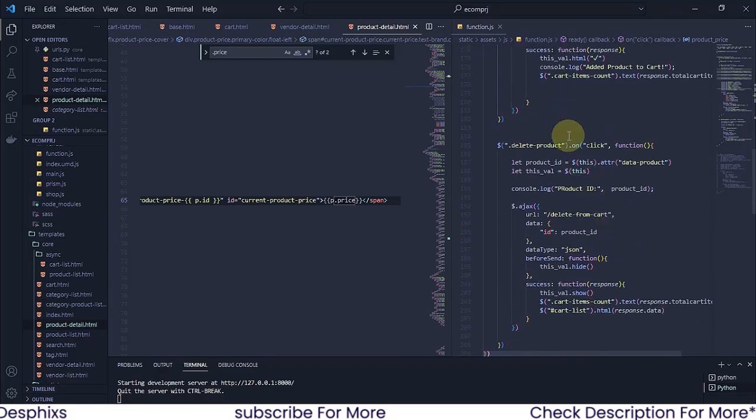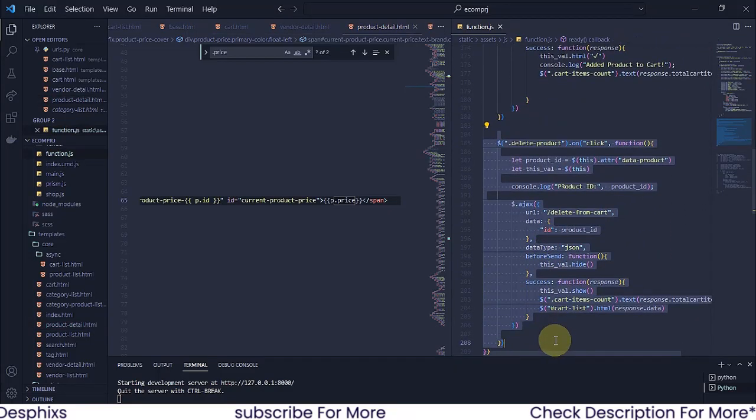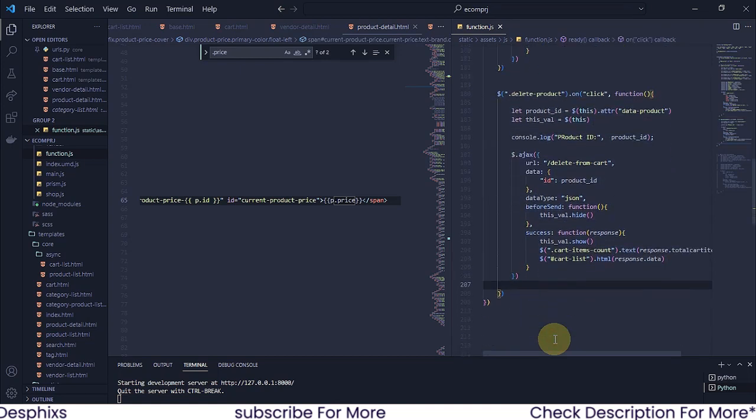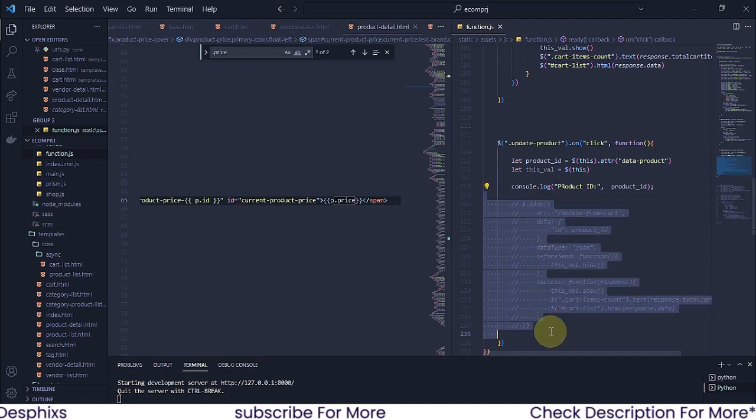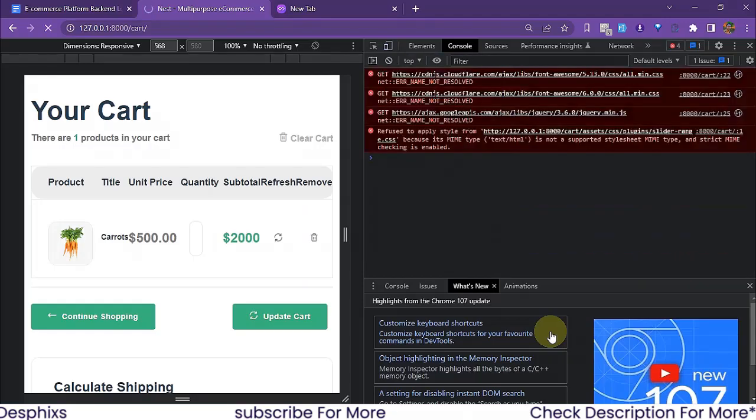It's going to be almost identical to the delete product. So what I'm going to do is copy the delete product and paste it down here. Okay, and this one is going to be for when we click on the update product. So on click on update products, we want to get data products, we get all this, but for now I'm going to comment out this AJAX, and I want to console log the ID whenever I